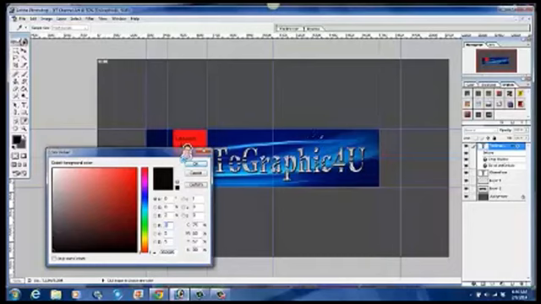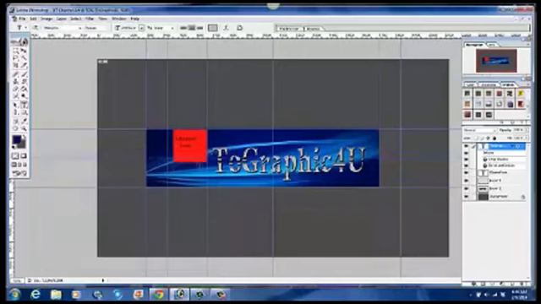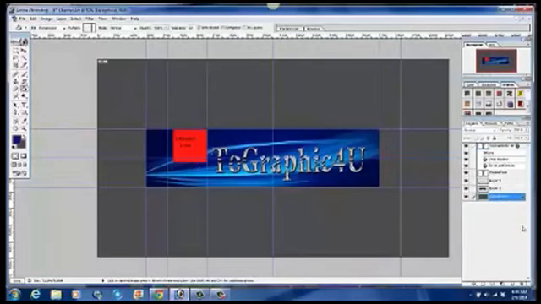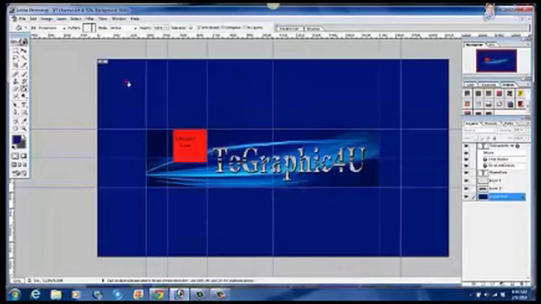So if you go ahead and click on that, it'll show the color, and you just click OK, grab your paint bucket, click on background, so you make sure that it goes to the background, and then click on that, and there you have your background color. Now, if that's not something you want to do, which I don't do,